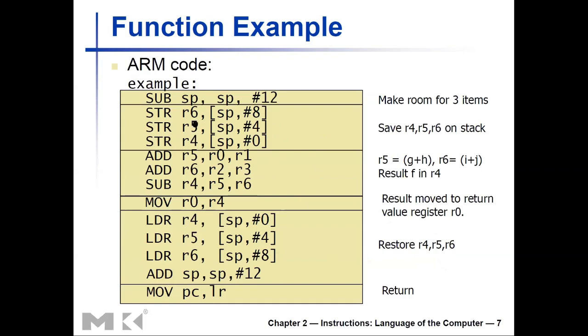So R4, R5, R6, in this example, all these registers we are going to use inside the function. So we all know that R4 to R11, we have to preserve them. The place we are going to use to preserve them is called the stack in the memory. It's a conceptual thing in memory, and how that stack works is